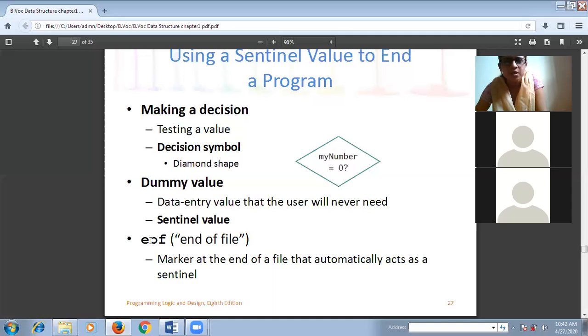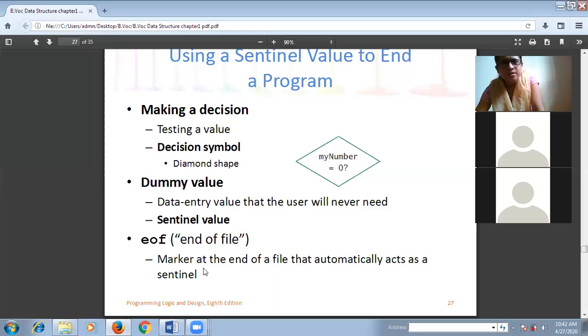End of file means, suppose in a file system, we want to read a particular text file. We are reading the data from our program line by line. If the system detects this is the end of your text file, that means there is no next text statement present in your file. At that time, there is no need to continue reading your file. That's why we can consider end of file as a sentinel value in a program where we want to read data from a text file.